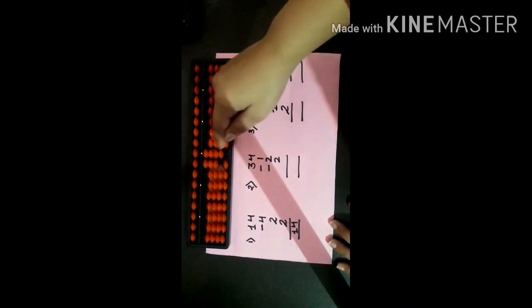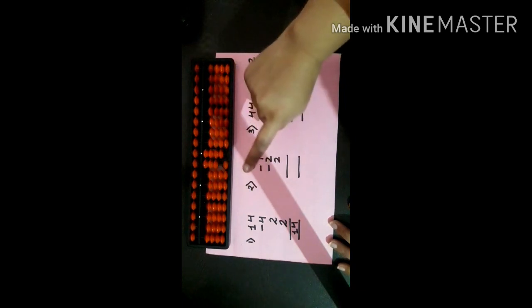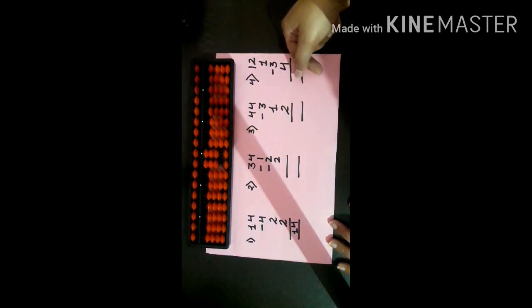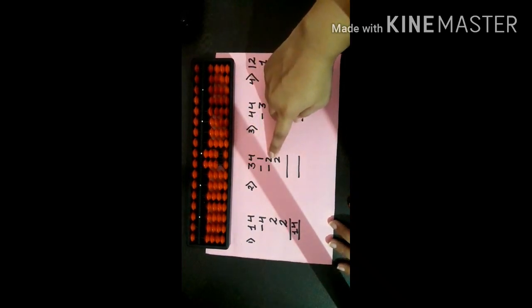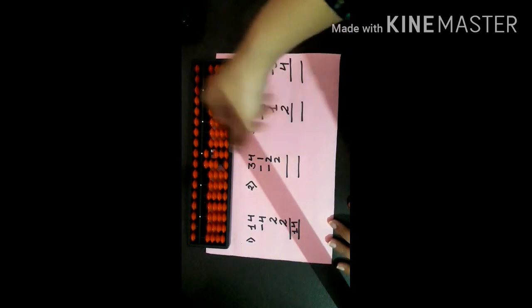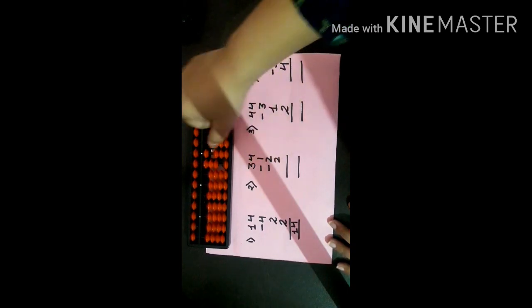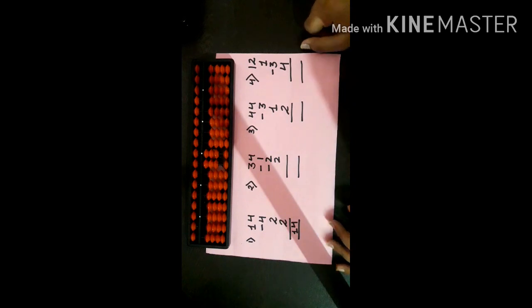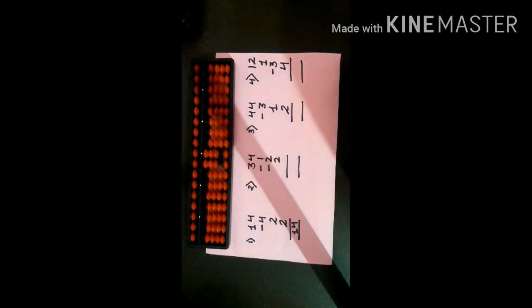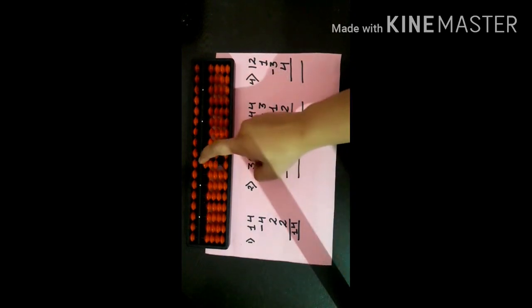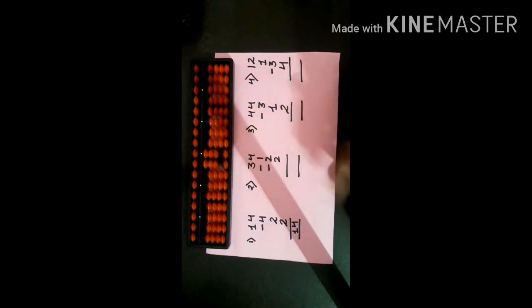Now minus 1. Minus 1, you have to minus with this finger. Minus 1 means put the beads down. So 1. Then minus 2. 1, 2. Then again I am adding 2. This is plus 2. So 1, 2. Now you can see students, what is your answer? The answer is 3 in units rod and 3 in tens rod. Or you can say 10, 20, 30 and 1, 2, 3. So answer is 33.